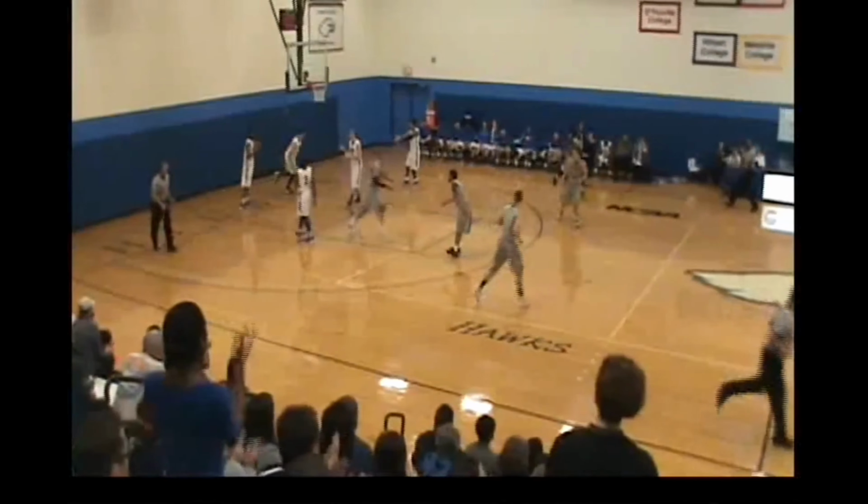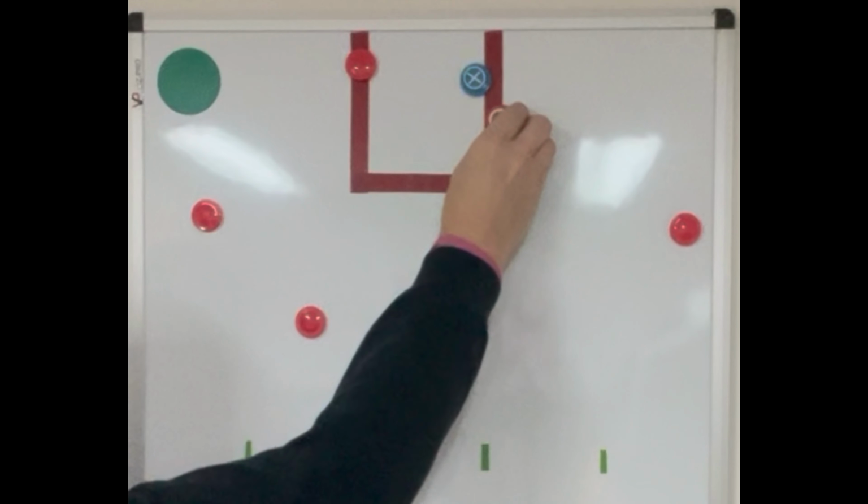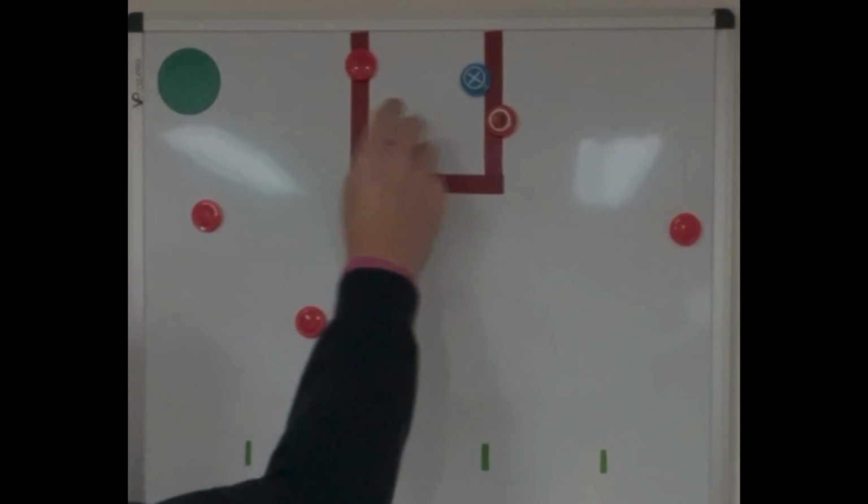So the driver doesn't even hesitate, doesn't second guess if the post is going to get out of their way or the post is going to move properly. They're just assuming the post is going to move properly, and the post is assuming they're going to move properly. Regardless of your alignment and whether the ball is coming from the top or the slot, if the ball is being driven at the post, they have two options to put pressure on this defender. The first option is they come down and they loop this way, so the defender either stays and helps, which creates the opening for the post player looping,